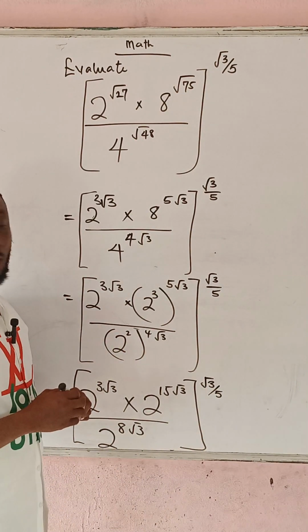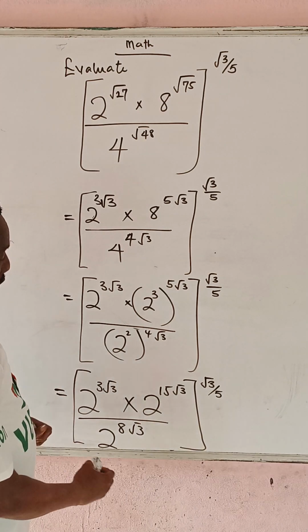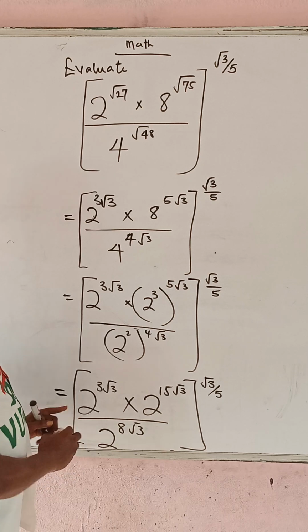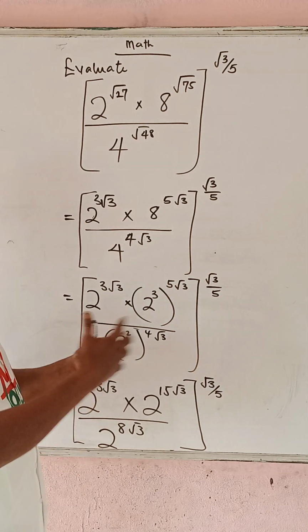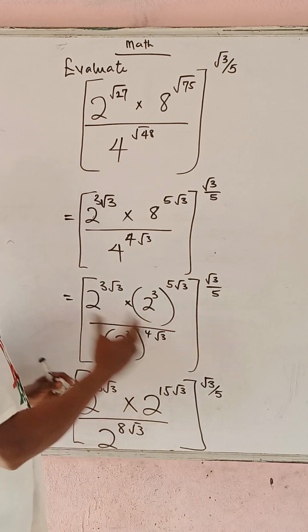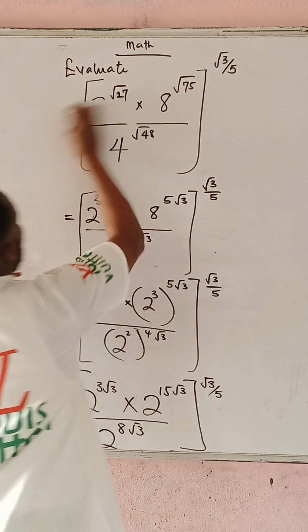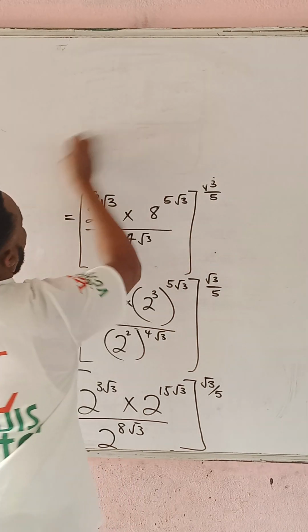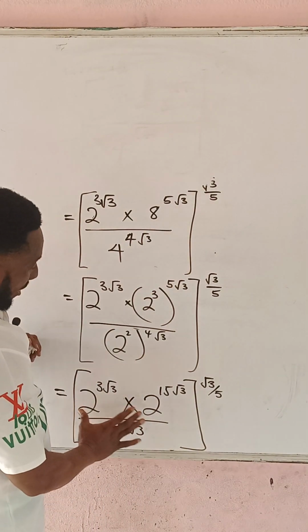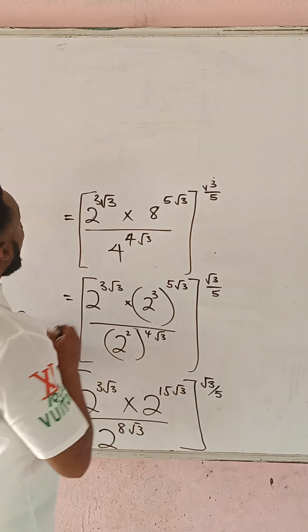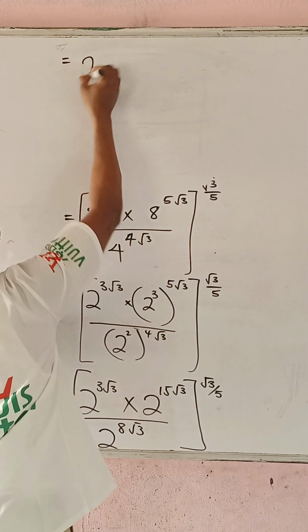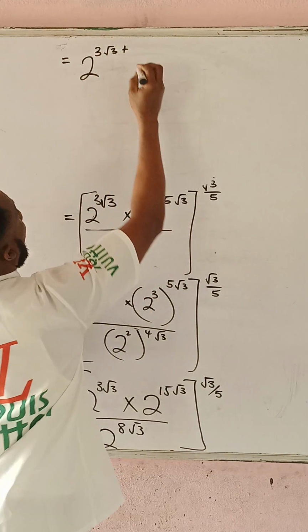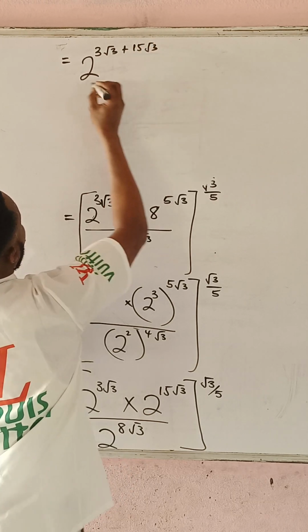Now at this level, we are going to use the multiplication law of indices. Because that multiplication law says that if you have two or more numbers or letters raised to different exponents, you should add the exponents together. So that law is what we have to apply here. Now, the bases are the same here. We are going to add the powers. This is going to give us 2 raised to the power of 3 root 3 plus 15 root 3,